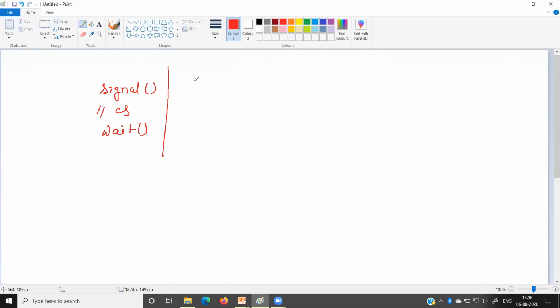Number two disadvantage is, suppose the developer has written the wait function, then the critical section, but forgets to write the signal function. Again, it can create a problem. So improper use of the wait and signal functions may create lots of problems for the application program. So we should be very careful before using the semaphore variable or semaphore wait and signal functions to solve the critical section problem.